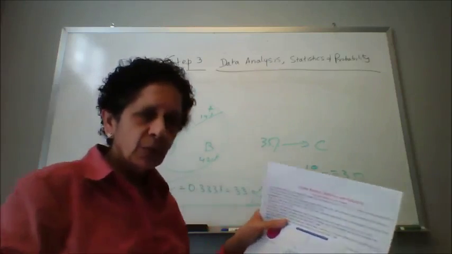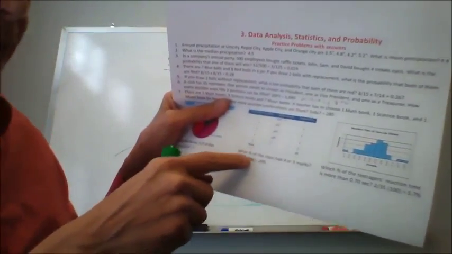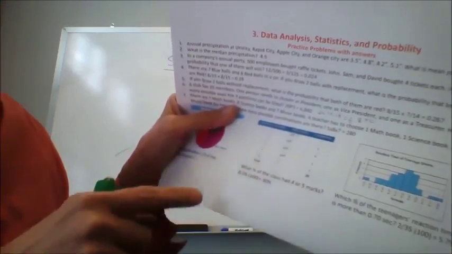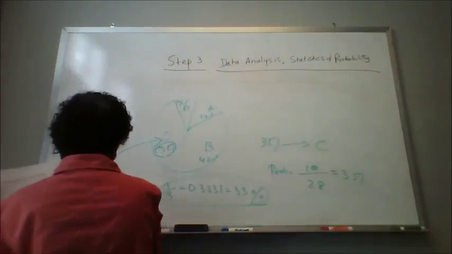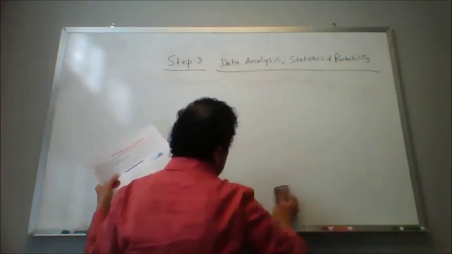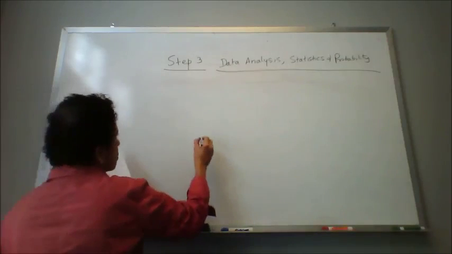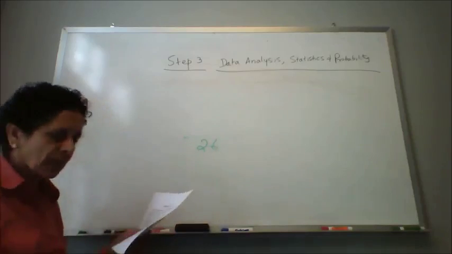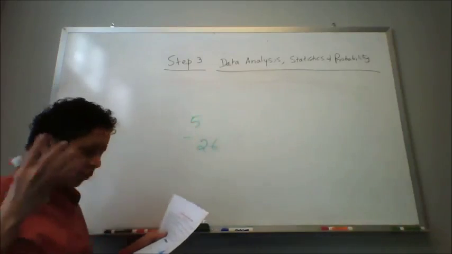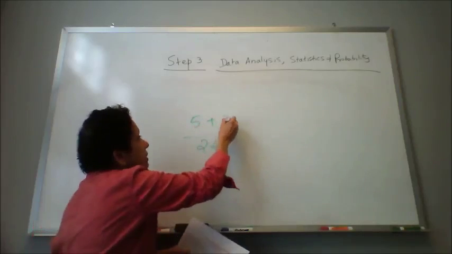So the next problem, look at the next chart here. This is the frequency chart. What percent of the class had 4 or 5 marks? So if you look at that problem, what percent of the class got a mark of 4 or 5? There are totally 26 people in the class. Out of that, 5 students got a mark of 4 points, or 4 marks, and 3 students got a mark